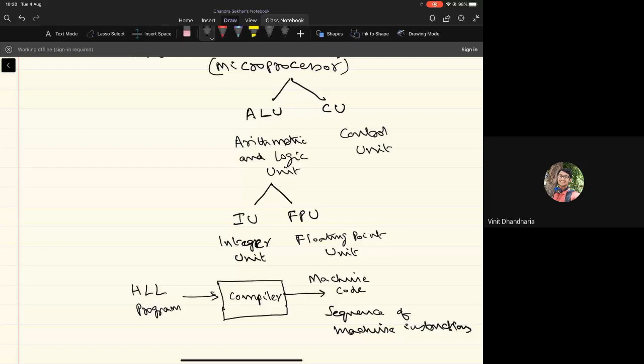in your fifth semester. But the compiler design also requires a good understanding of how the program gets represented into this sequence of machine instructions. That is, what are all the different types of machine instructions that are available, what is the format of those machine instructions, how these machine instructions themselves get represented in the system, is what we need to understand in order to understand the machine code generation process by the compiler.